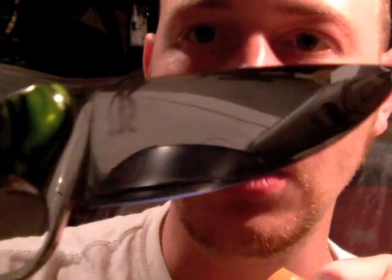wet and dried it all the way to 2000, and when I went to go on the buffer I actually looked at it, and with all the hand sanding it'd gone down to 0 edge, and it was razor sharp at a 0, but I thought for maintenance purposes and resharpening in the future I'd just knock that edge off very slightly and put a micro bevel on it. So yeah, you can see it there, it is a tiny little bevel,